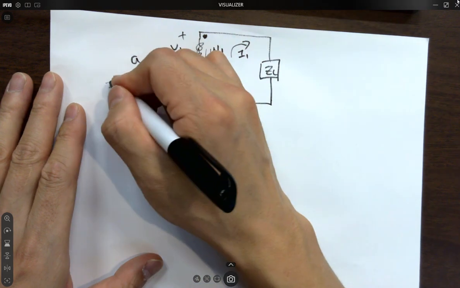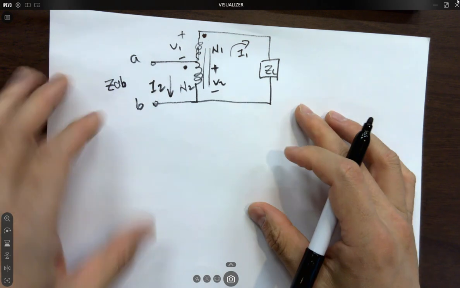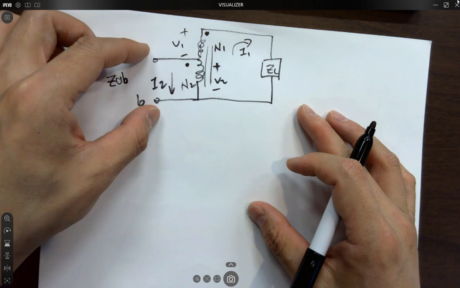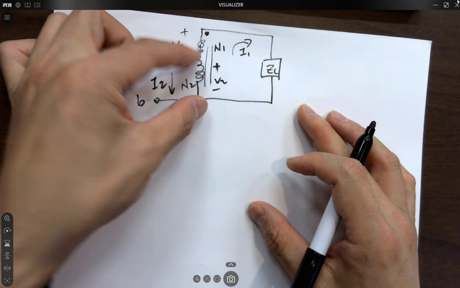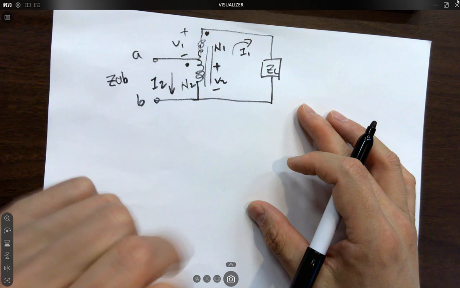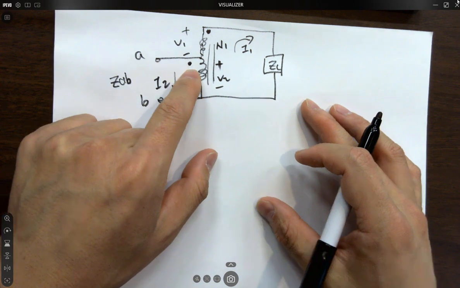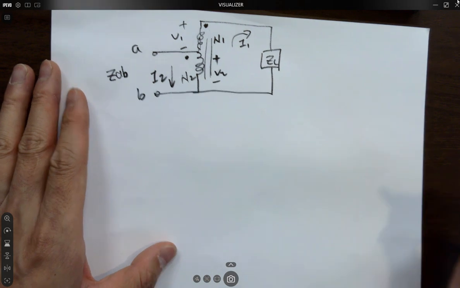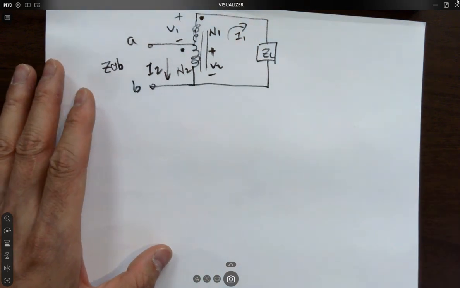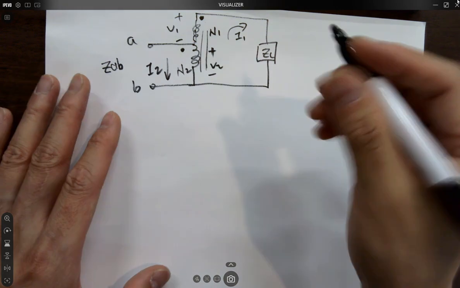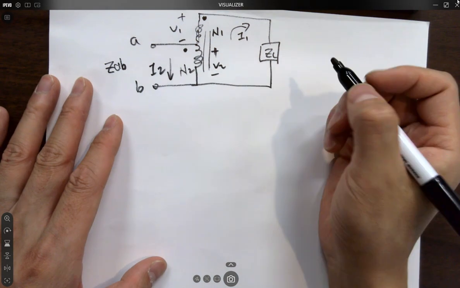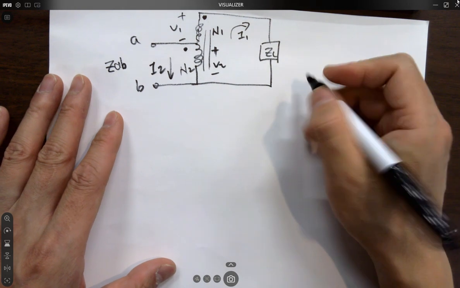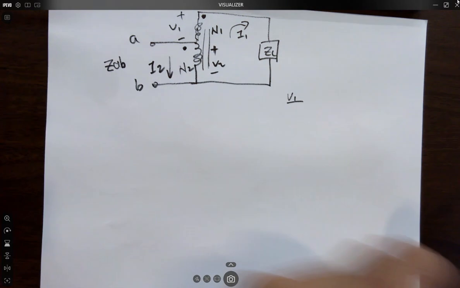It's asking for ZAB, the impedance across its two terminals. V2, V1. A little dot terminal follows that sign convention. I mentioned the sign convention probably last week. Let's just remember it and put it on the cheat sheet for the final exam, because there's a problem on transformers, okay? We know that this is always true: V1